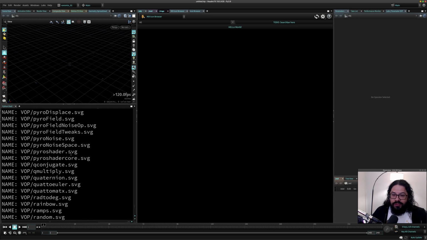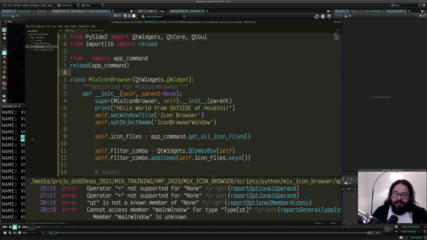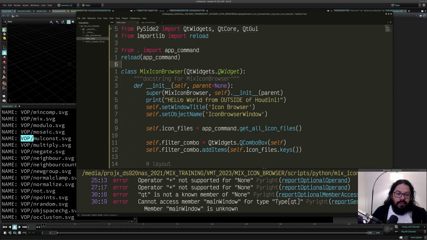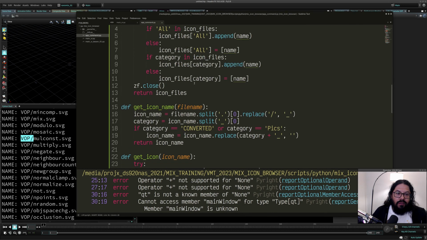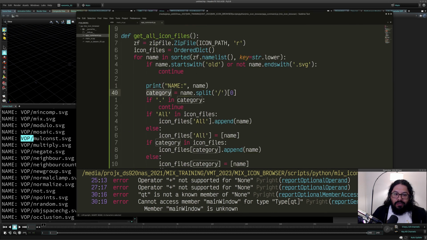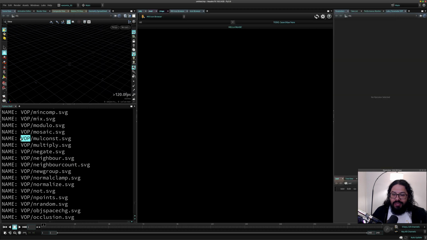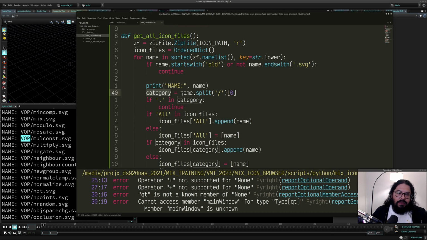So that's what we're getting there. And then here the split part, it's saying it's going to give me the category. Basically, we want to get this Bob part. So we split the name by the slash there, so we're going to get two parts. We're going to get Bob, and then we're going to get